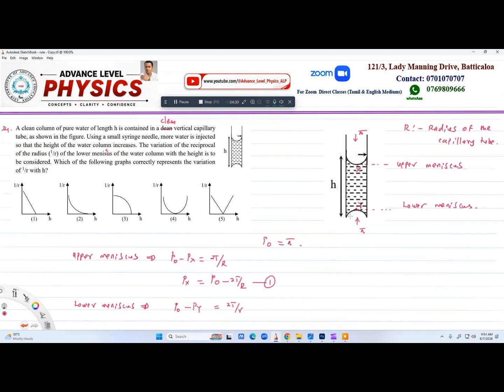So we can find Py from this. What is that? P naught minus 2T over r. This is equation 2. So from equation 1 and 2, by equating this,